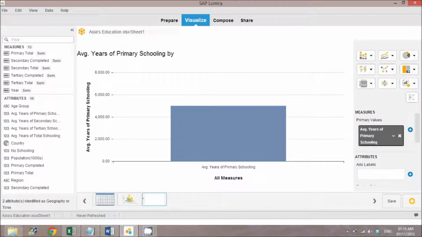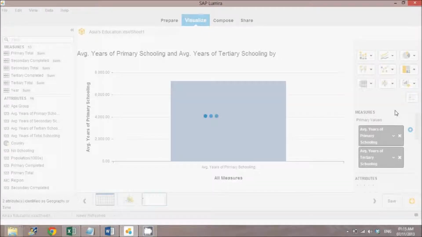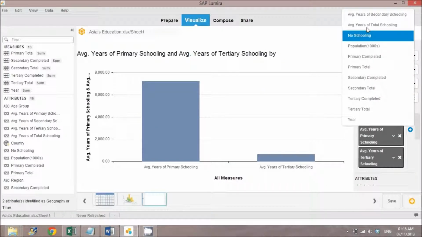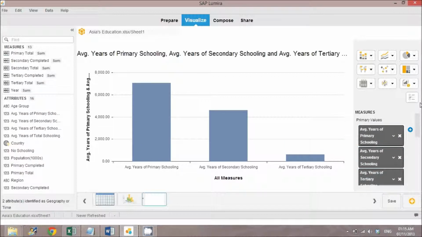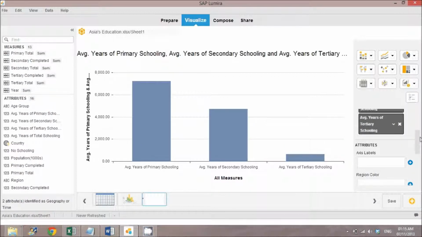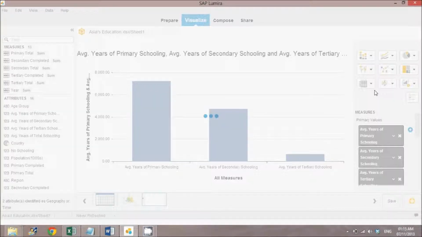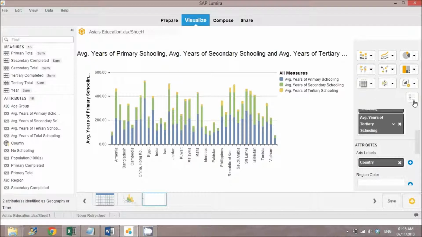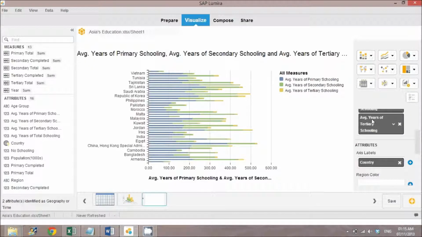We make this a stacked column chart. We make the chart a horizontal orientation. Chart is now done. We move towards the next chart.